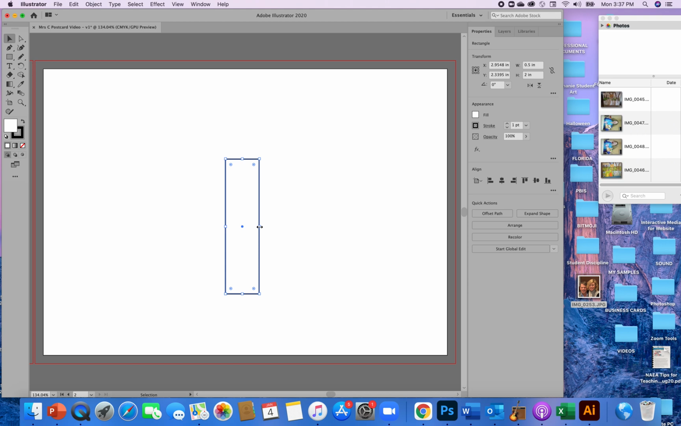If you're using a PC, you're going to hold down your Alt key. I'm using a Mac, so I'm going to hold down my Option key. As I do this,